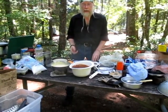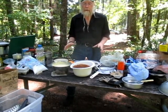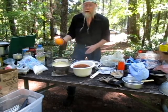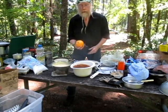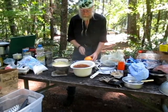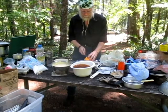Hi, I'm Michael Scott, and we're going to show you a couple of different ways of doing cake when you're out camping, whether you have a fire or if you just have a gas stove. We're going to start with the first one that everybody seems to really like, and that's doing it with an orange. You're going to take the top 1/3 off the orange,